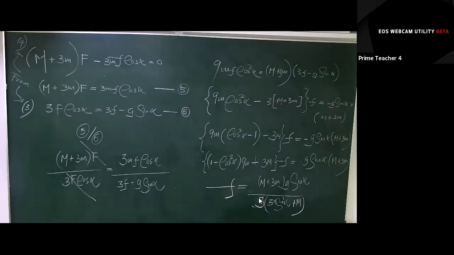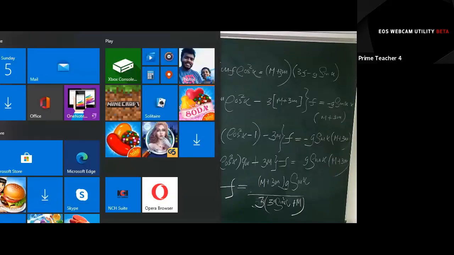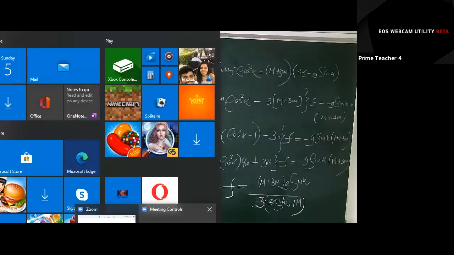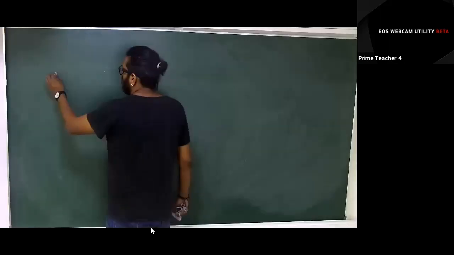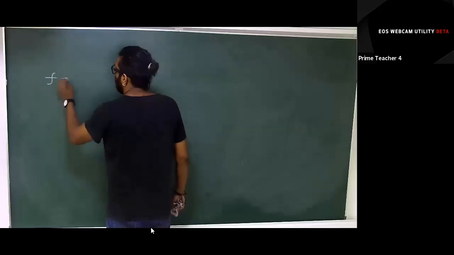Guys, let's give it a start. Yeah, all are here, I guess, right? Now, first of all, we have to find what is capital F. So let me calculate that. The other camera is on charge, so there can be a delay between the voice and the writing that I'm doing on the board. Just don't follow my words, follow the board. So someone tell me the result we got for simple f.